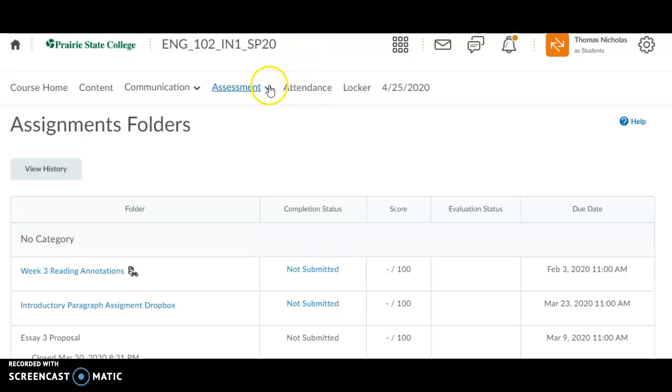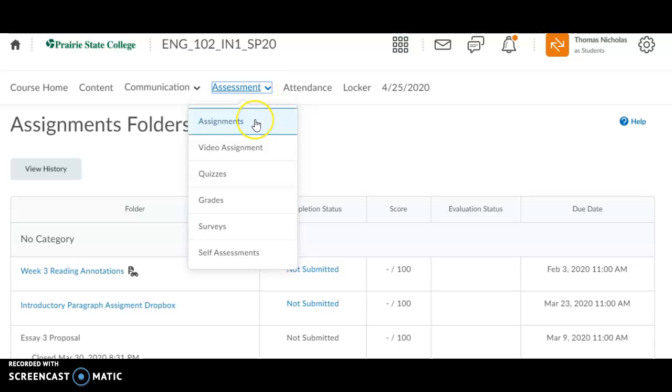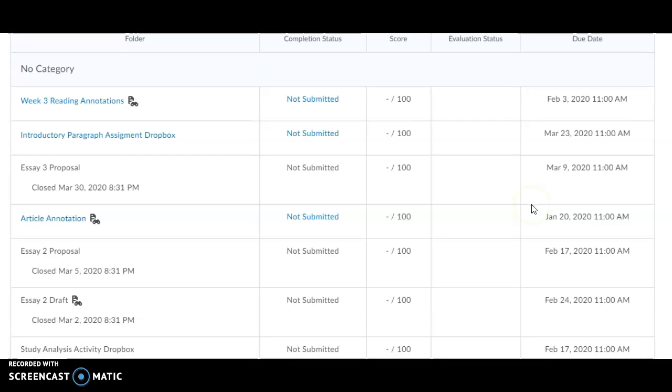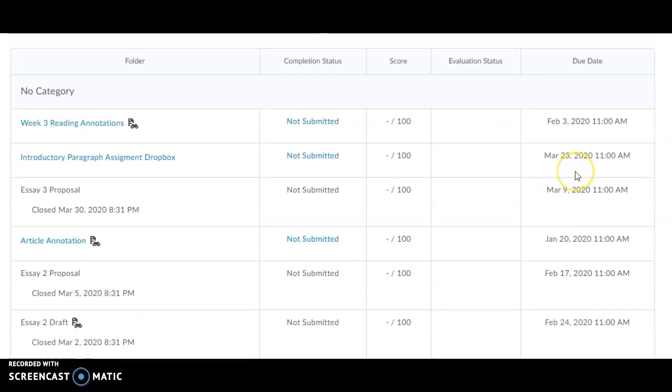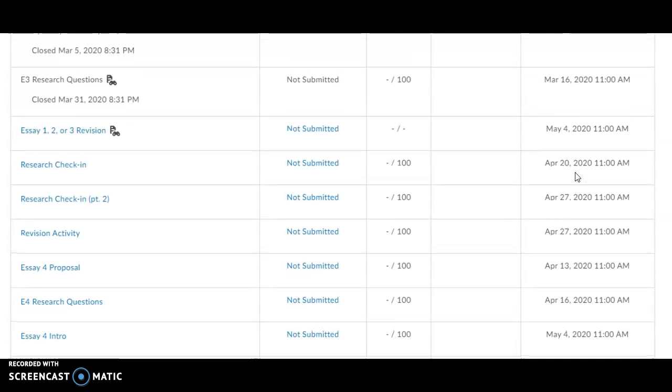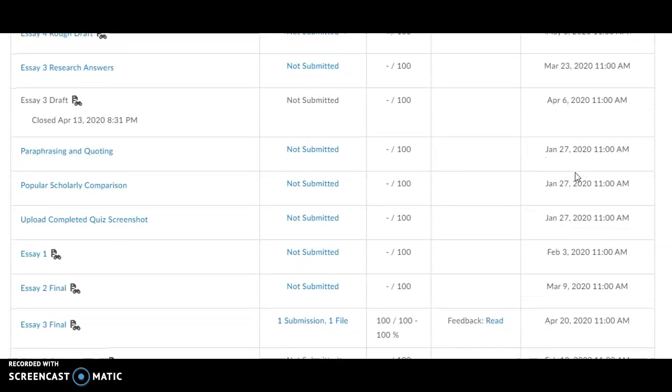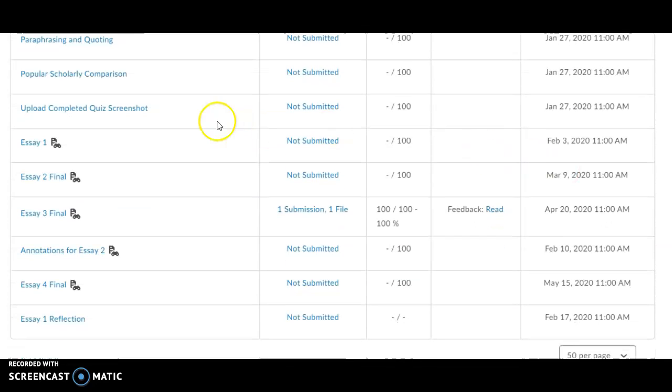So what I did here is came into assessment and came down to assignments. Okay, and I'll show you all the assignments, of course, this semester, what's been submitted, what hasn't, when the due dates were. And all you have to do, scroll down to SA3 final, and it'll show one submission, one final,